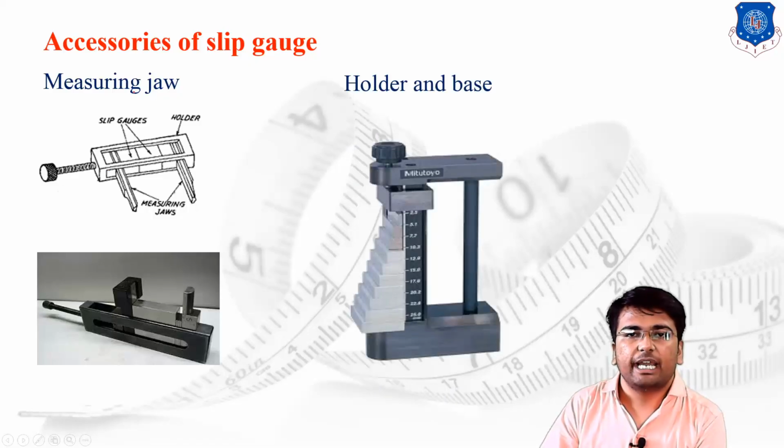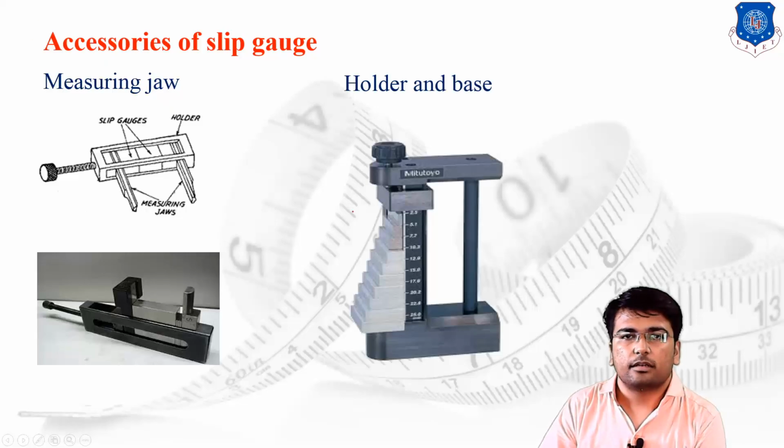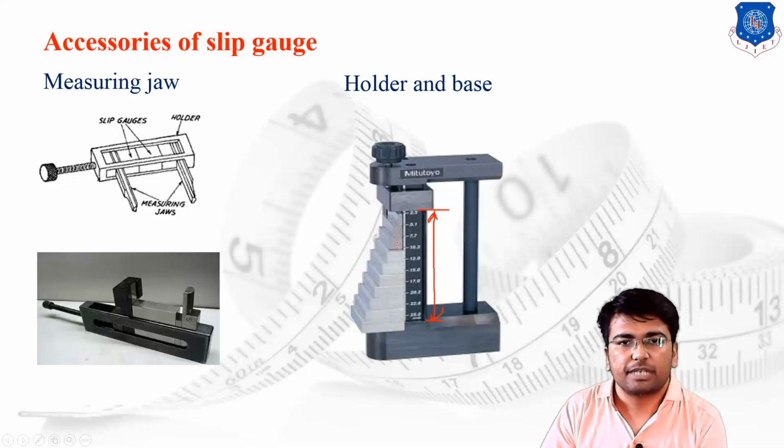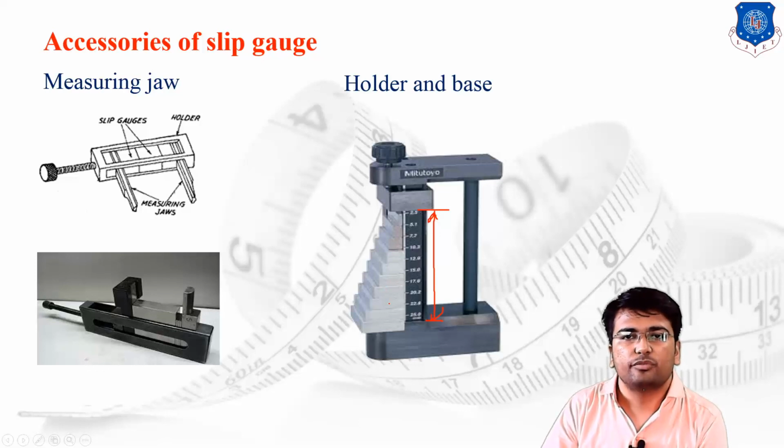Suppose a very heavy stack of the slip gauge has to be manufactured. Suppose this is the total height which is achieved from the slip gauge setup. Then it is not possible that at each and every step I can make a proper ringing process and the stack of the slip gauge will be performed properly. So to avoid the breakage of the stack continuously and repetitively, we are using a base on which the holder has been provided. So whatever the stack has been generated, I will apply some sort of pressure, or we can say some sort of force, by using the holder setup.